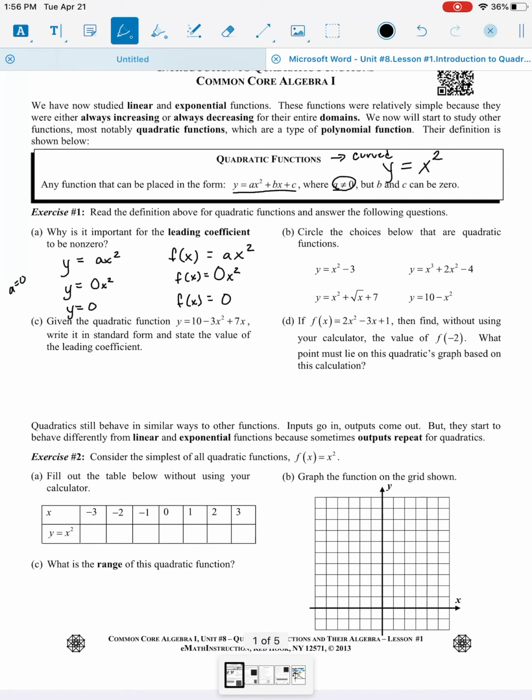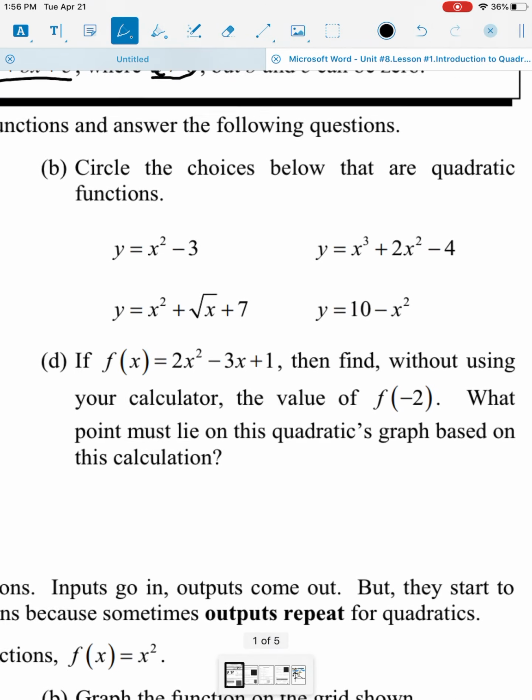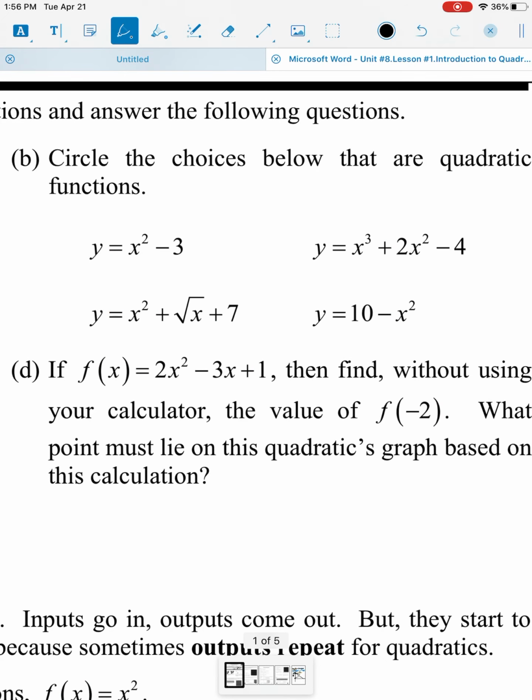All right, now for letter B, we're looking at different functions. And for the most part, you can always identify quadratic functions based on them having an x squared term as the leading coefficient. Okay? Now, if we look at these 4 right here,